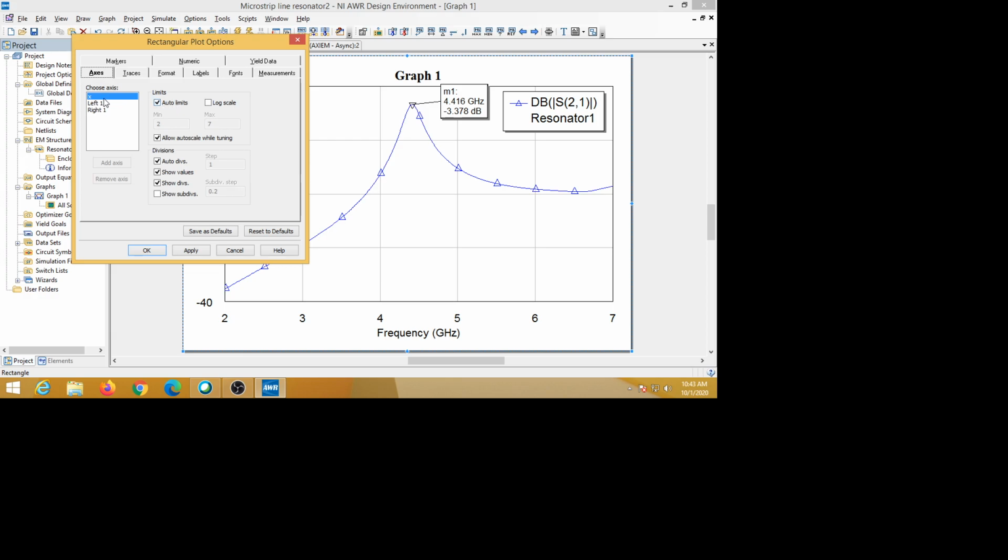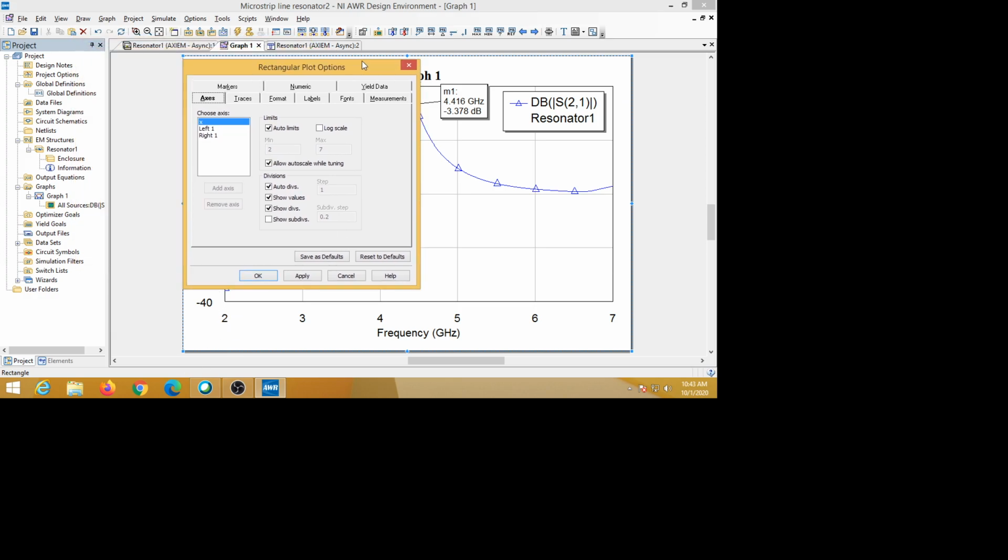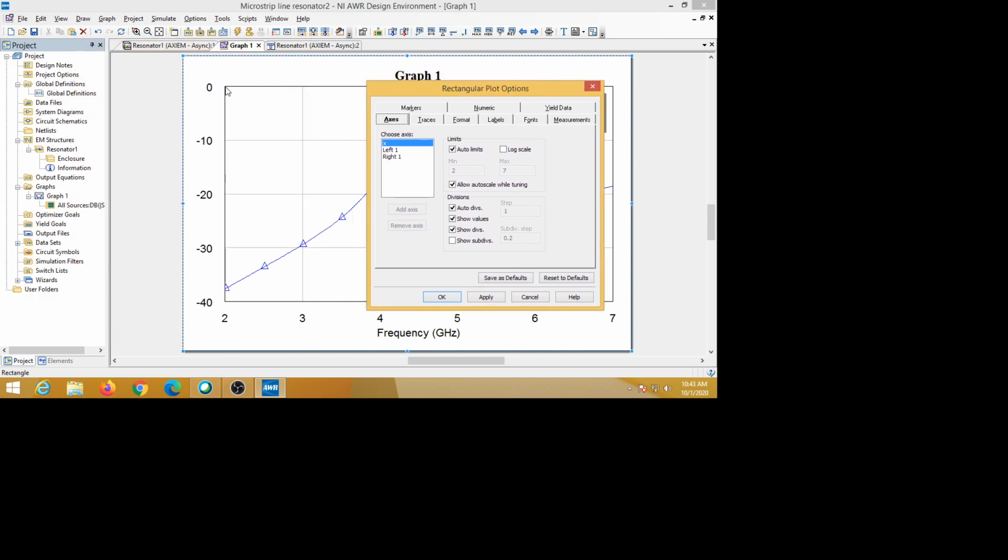So in the x, that is the horizontal axis. So this is axis properties. Axis properties means this x axis, and this is the left axis. Instead of y axis it is called the left one here. So these values you can change also. These are called grids. This is a grid, 0 grid, minus 10 dB grid. Similarly here 2 gigahertz, 3 gigahertz, and 4 gigahertz grids. You can change this grid also. We can add a few more grids to the plot.